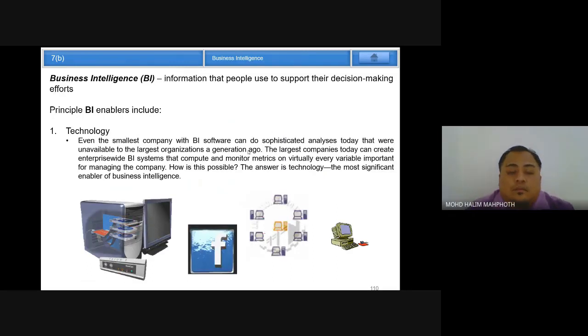And next one, under business intelligence. What is actually business intelligence? As you can see right here, business intelligence is the information that people use to support their decision making effort. Basically, when it comes to intelligence, it can be associated with smart. So you can see how smart this database, this data warehouse is,